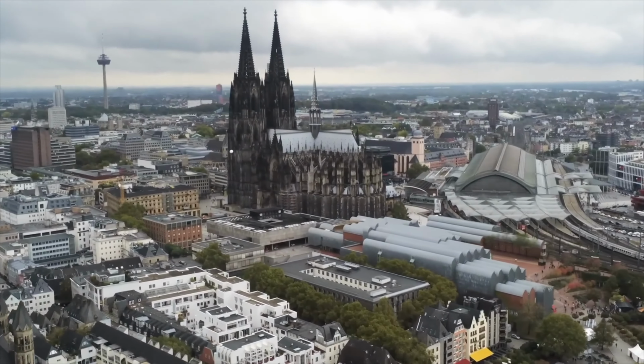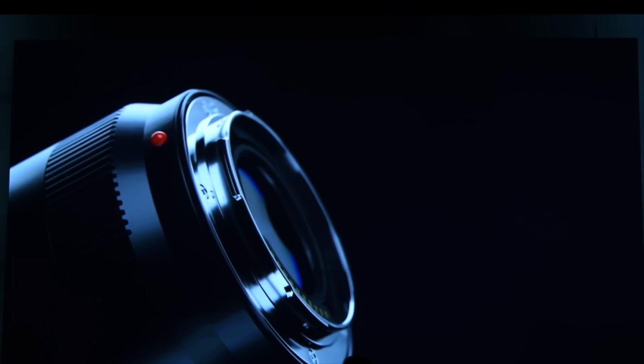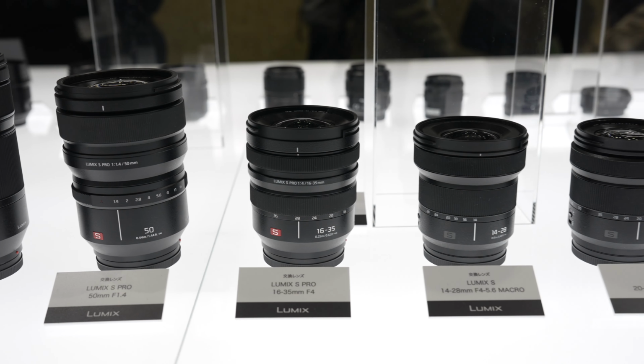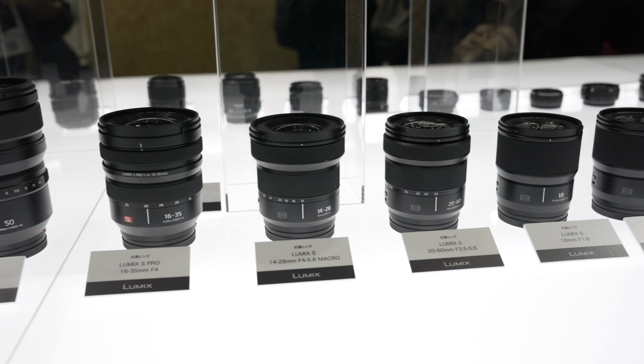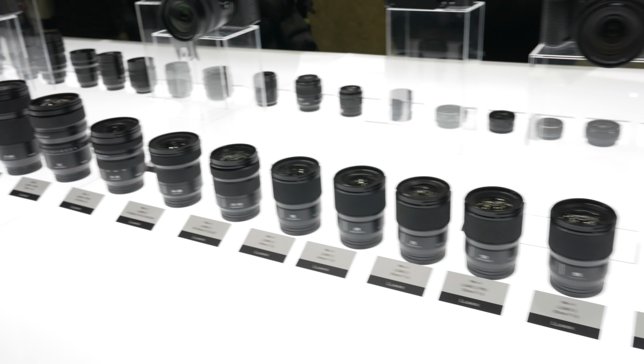Years ago, I think it was at the last running photo keynote, the L Mount Alliance launched. There was kind of divided people. I was on board from the beginning, and it's great to see how much the lens range has built out now. I don't know how many people are shooting with it. If you are, please let me know. But I think it's really great to see having Sigma, Panasonic, and Leica all contributing lenses. We've got a really big range now from really high-end and high-expense ones through to compact, everything in between, LUMIX